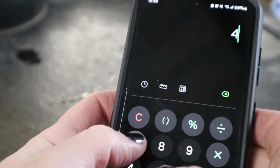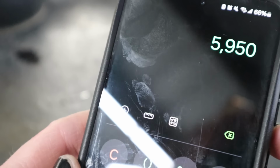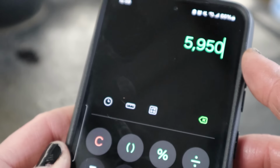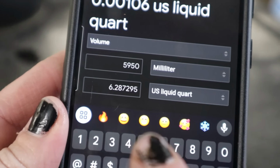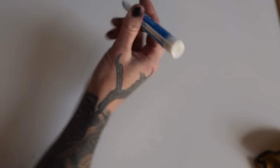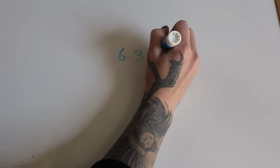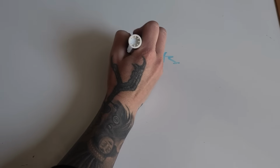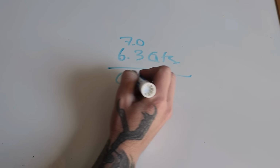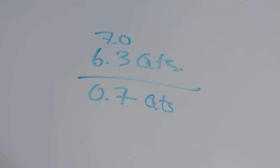I'm gonna say 4,750 plus 1,200. 5,950 milliliters. Let's convert that to quarts. So we've got 6.287 quarts. All right, so I'm gonna write that down in my logbook. But also, let's convert this into more common automotive speak. So we had 6.28, actually let's just round that to 6.3 quarts at the end of the oil change. And I started with 7, leaving us with 0.7 quarts of oil consumed in a period of